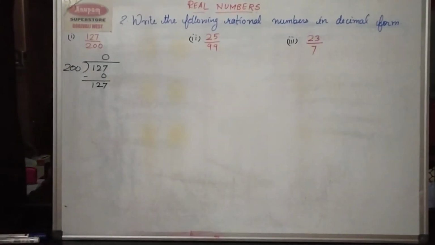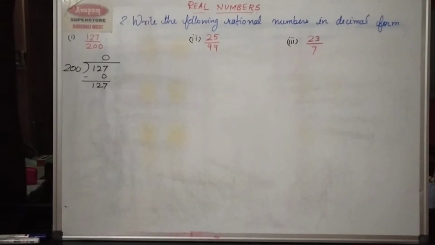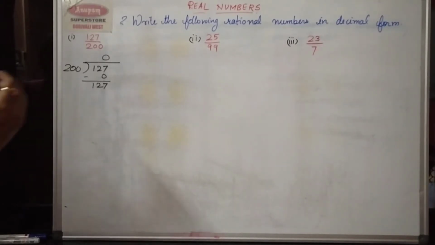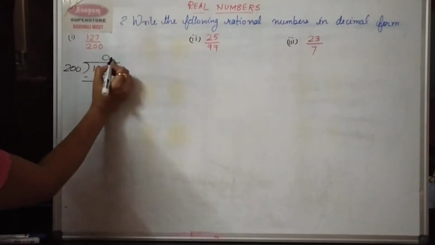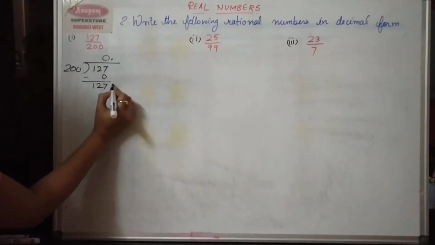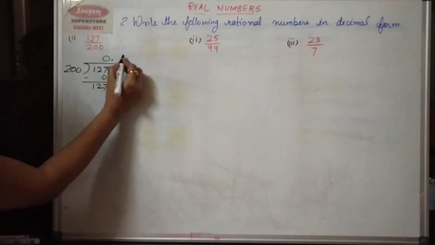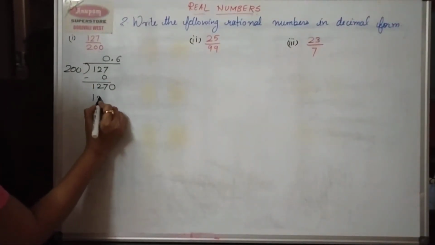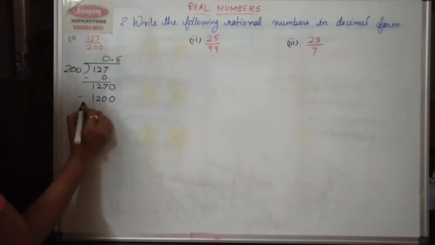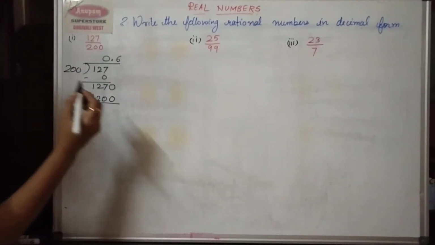Whenever we carry out a subtraction, the next method is to carry a number from the top. But I don't have any number here, so what I do is take a decimal point. Once I write this decimal point, it allows me to take 0 at the bottom. And now I try dividing this fraction. Now I want 200 into something which will give me 1270. So 200 into 6 is going to give me 1200, and hence when I subtract this I will get 70.